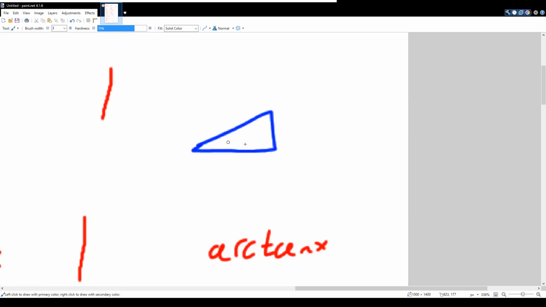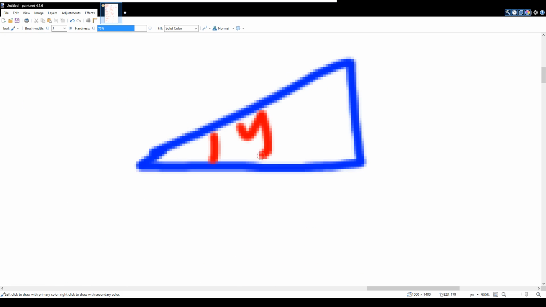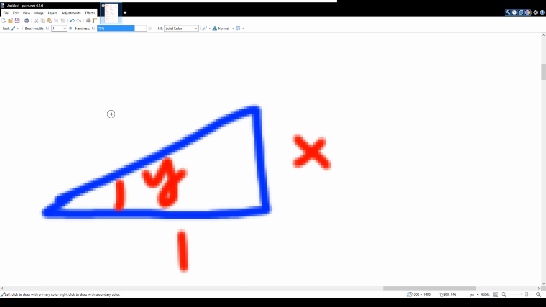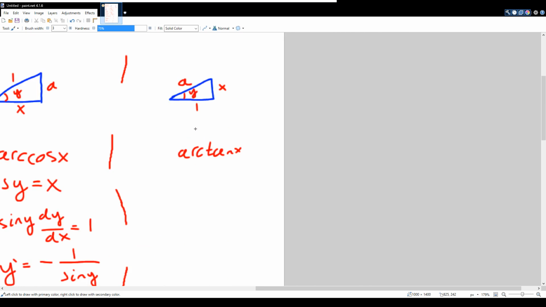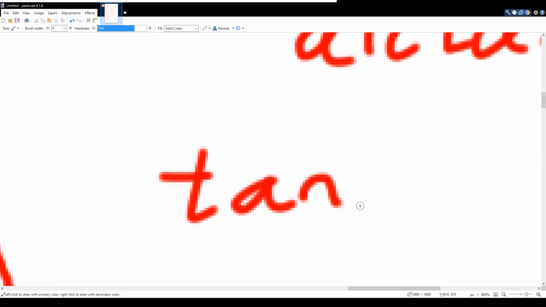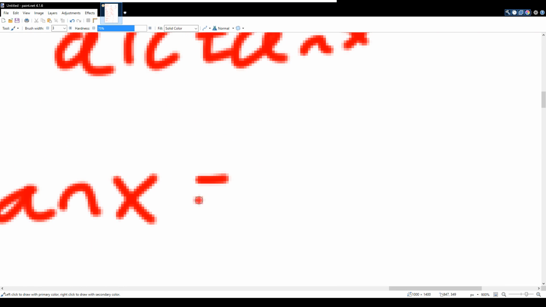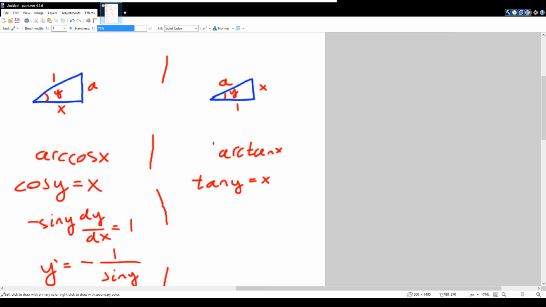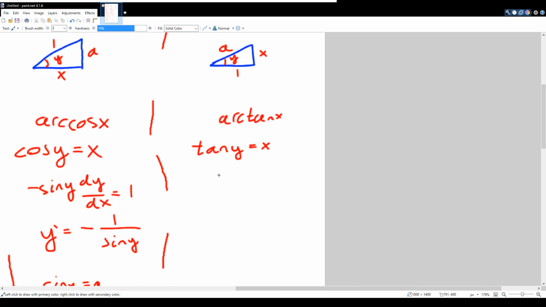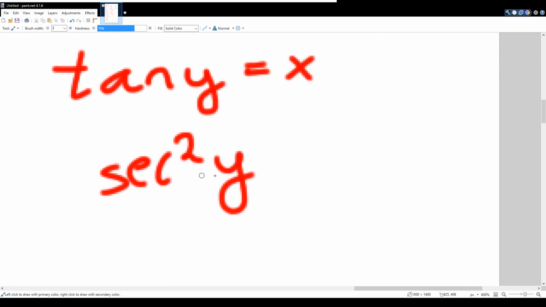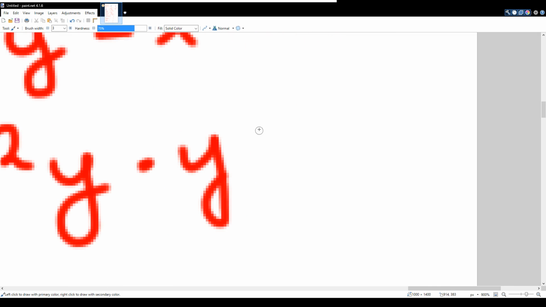And again, this angle's y. Tangent is opposite over adjacent, so we're going to call this x, we're going to call this one, and we're going to call this a. So now we have tangent of y is equal to x. So we take the derivative of both sides again, and we get secant squared y times y prime